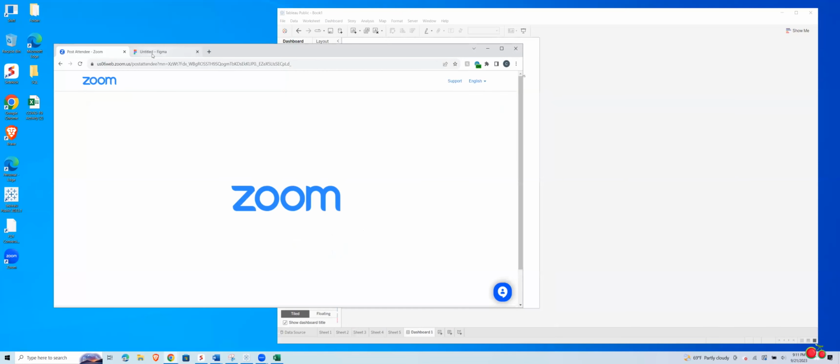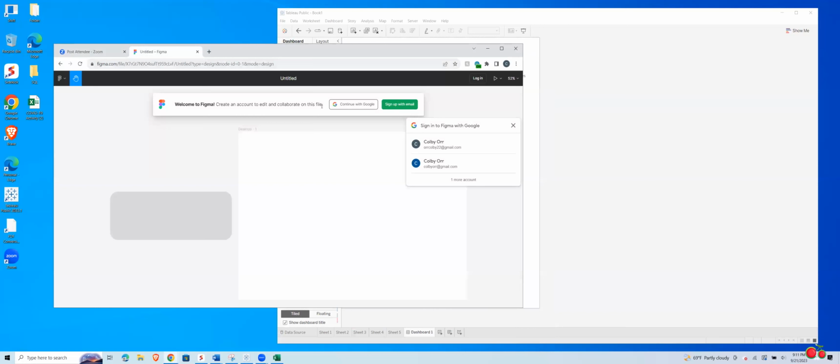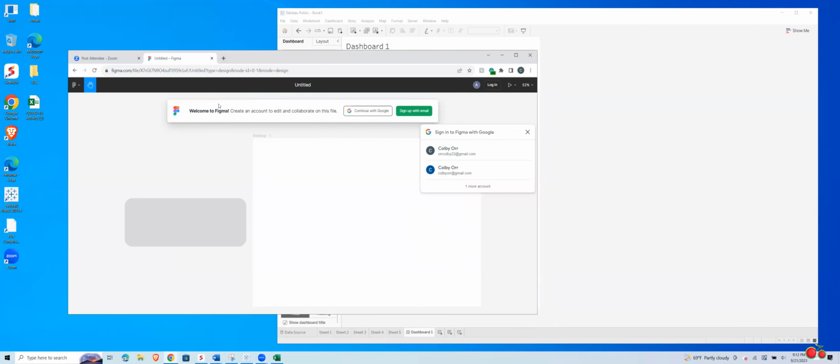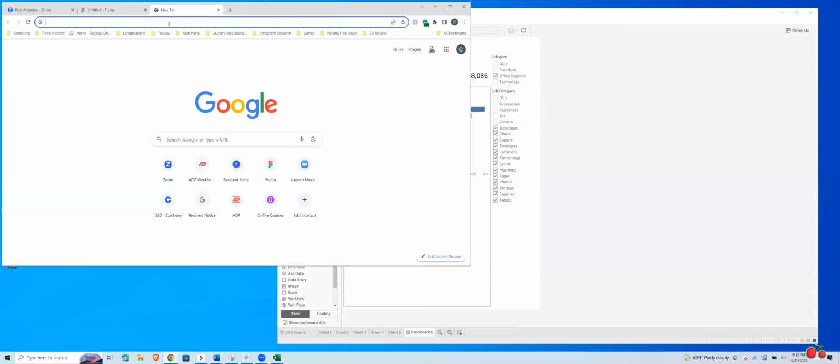So the first thing, this is Figma. I'm not really going to go into super detail. Figma is a fantastic design tool. You can build all kinds of mock-ups. I build a lot of custom shapes like toggle bars that I can import into Tableau to use. I've also seen people use really nice custom backgrounds that go behind your dashboard and give it unique features. That's not really what I wanted to show, but if you take the time to learn Figma just a little bit, it's super useful, especially if you're really a design person about your dashboards. What I want to show is